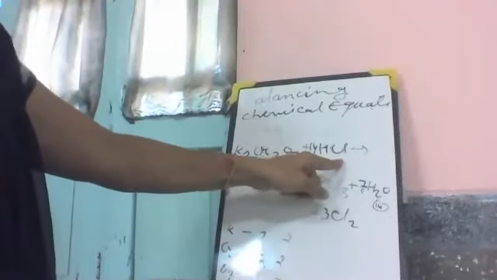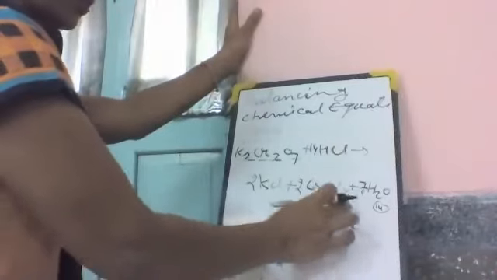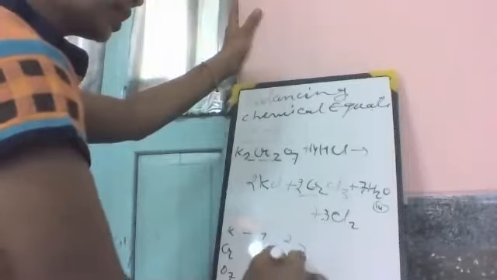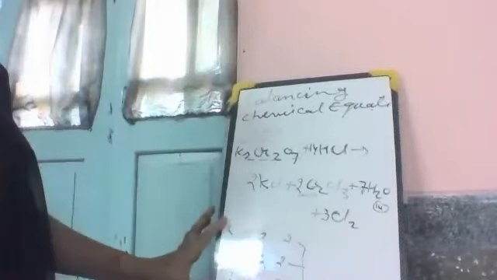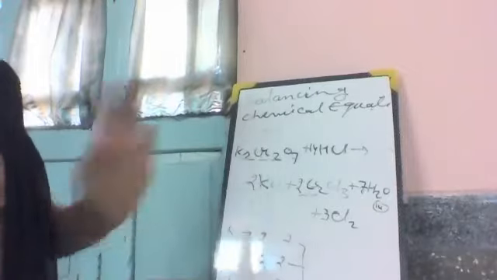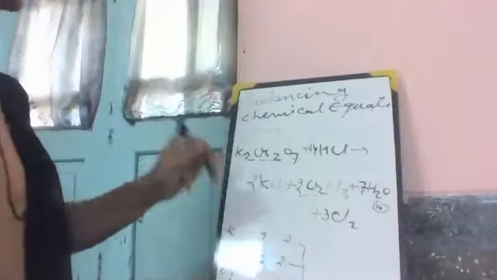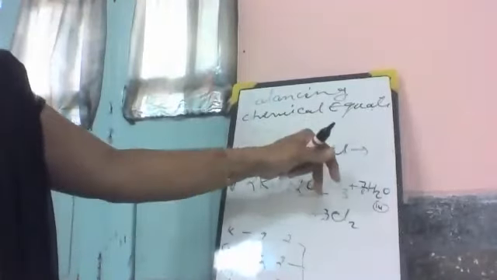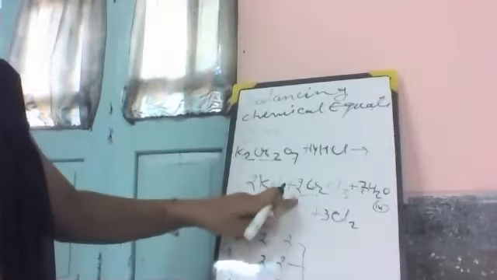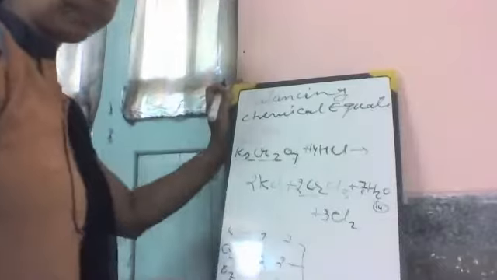Now the number of chlorine is 14. See, 3 to the 6, 6 or 6, 12, 12 or 2, 14. The equation is balanced. All the atoms before the reaction and after the reaction are equal. This is the balanced equation for potassium chromate and hydrochloric acid to produce potassium chloride, chromium chloride, water and chlorine.